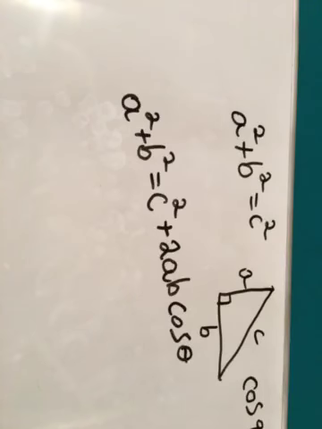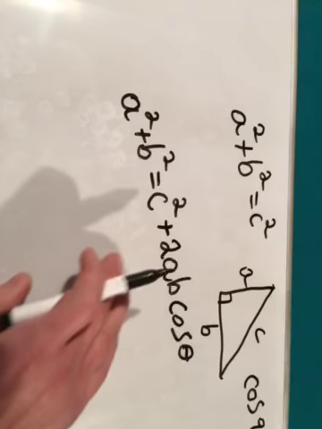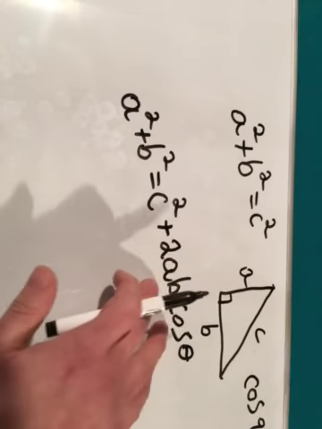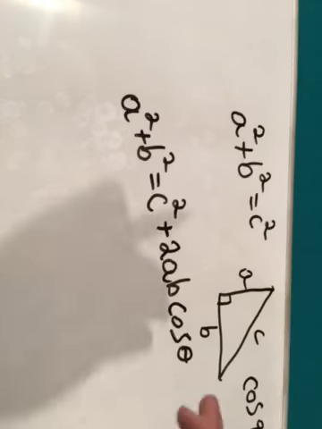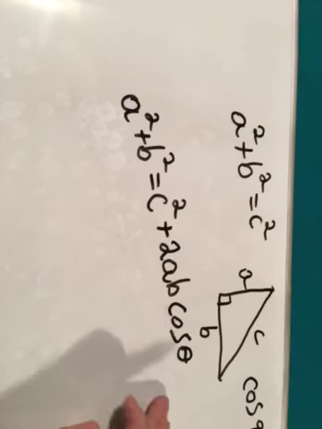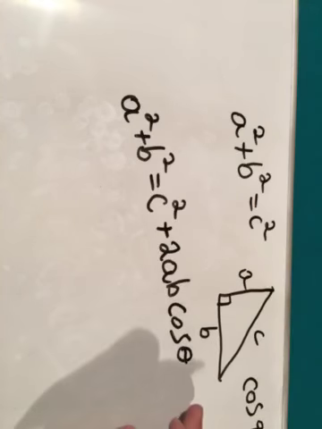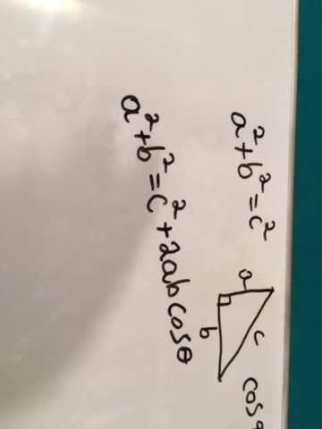Or pi over 2. But you probably want degrees, so what's the cosine of 90 degrees? Well, the cosine of 90 degrees is 0. The cosine of 90 degrees is 0, so we have 0 times 2ab. Well, that's 0. This whole term becomes 0 in a 90-degree triangle. So this formula works for a 90-degree triangle. It is the Pythagorean Theorem, but it holds for every